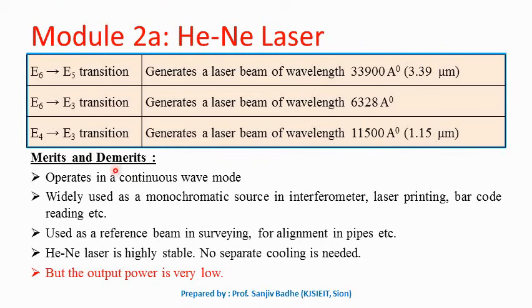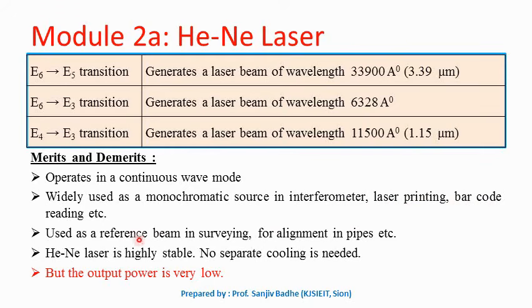Merits and demerits of the helium neon laser. It is a 4-level laser system, so it can be operated in a continuous wave mode because the ground level is not involved in the lasing action. It can be used as a monochromatic source of light because 6328 angstroms, red in color, lies in the visible range, so it can be used in optical experiments, interferometers,